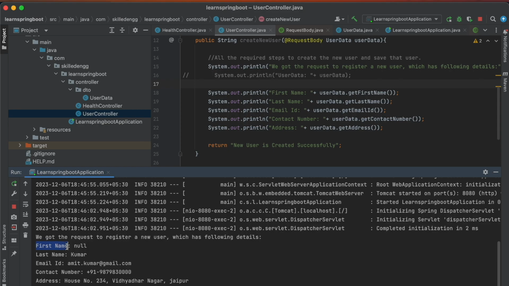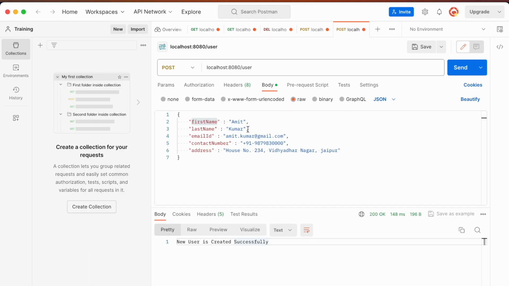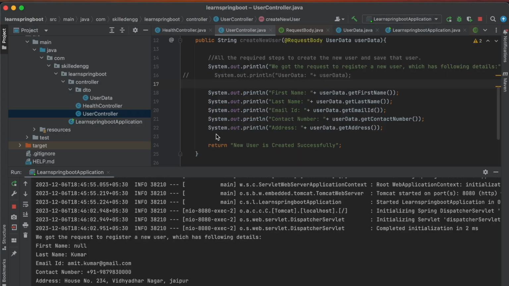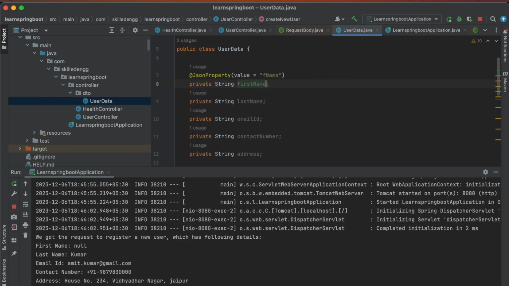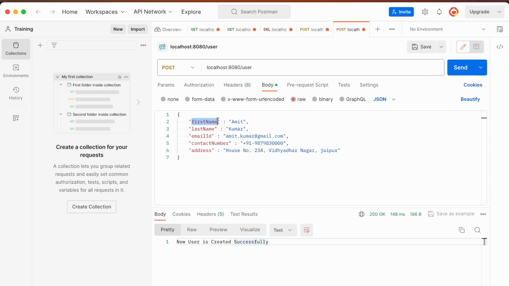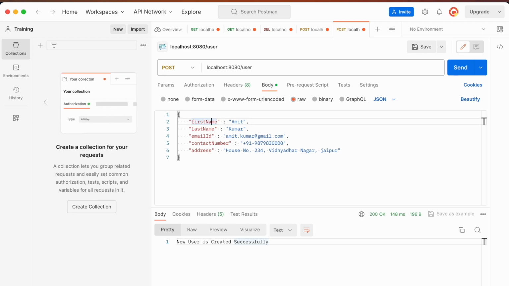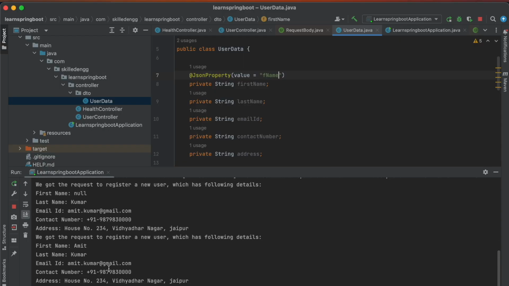As you can see, the first name is null even though I am sending the first name, because the key is first name, not fname, which we have updated in this user data class. So now to make it work, we will have to send fname here instead of first name. So we will keep this fname and hit send again. Let's see.